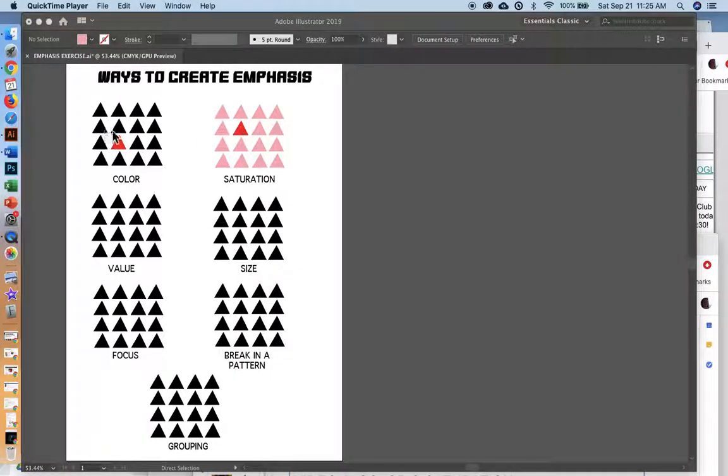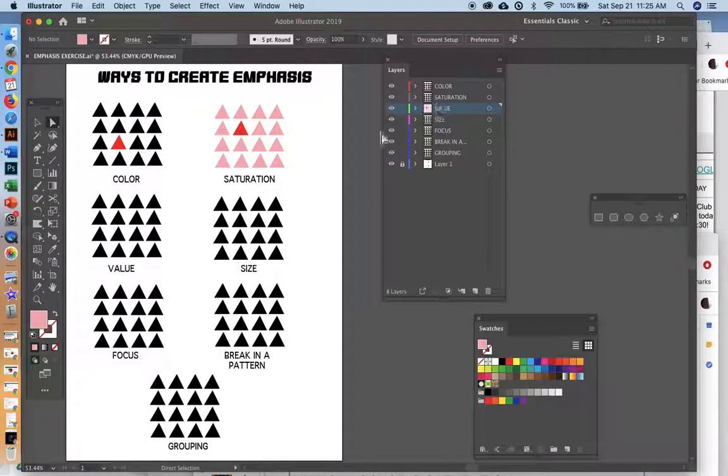Moving on. So I just showed you how to create emphasis with color and saturation. We're going to move on to value and size. So again, if I click on this, I guess I goofed this up on my layers, but that's okay. So what I'm going to do is go to value, and I think I'm going to do the same thing. I'm going to grab all these